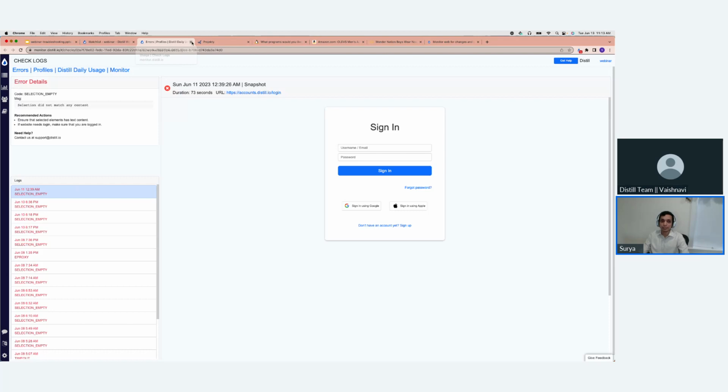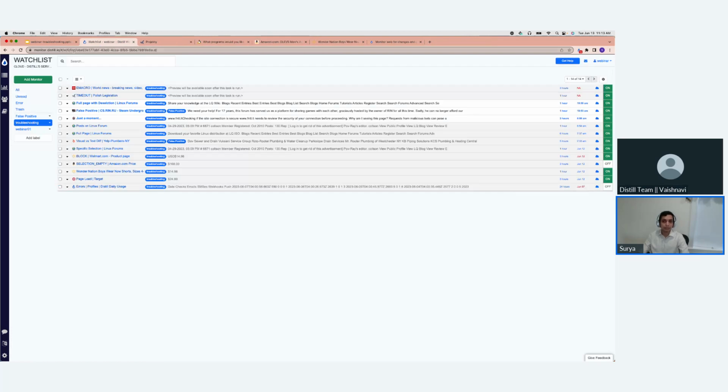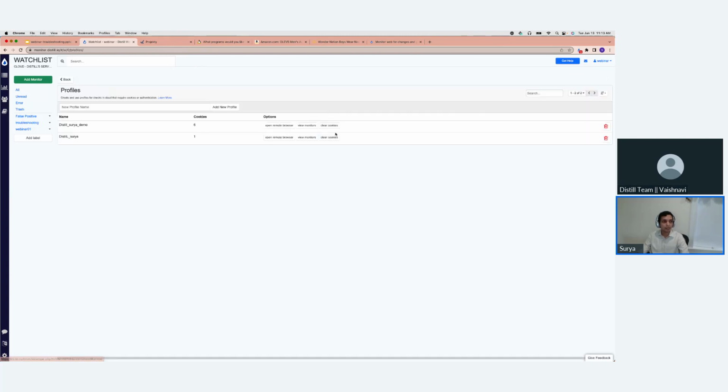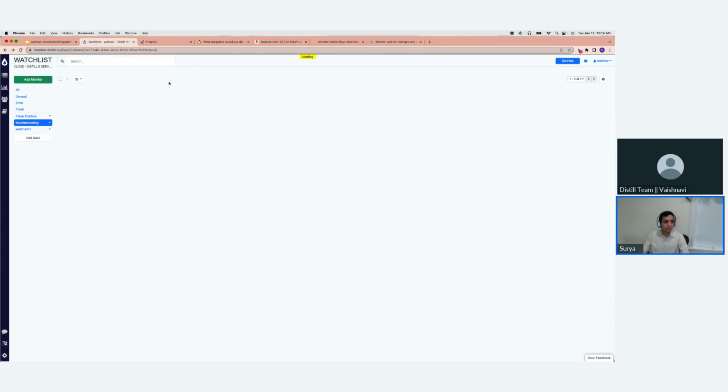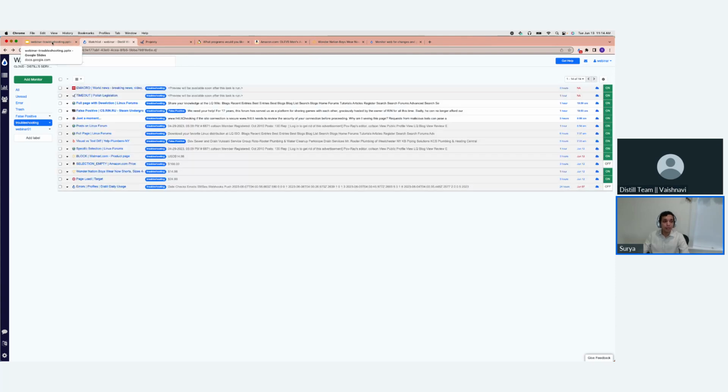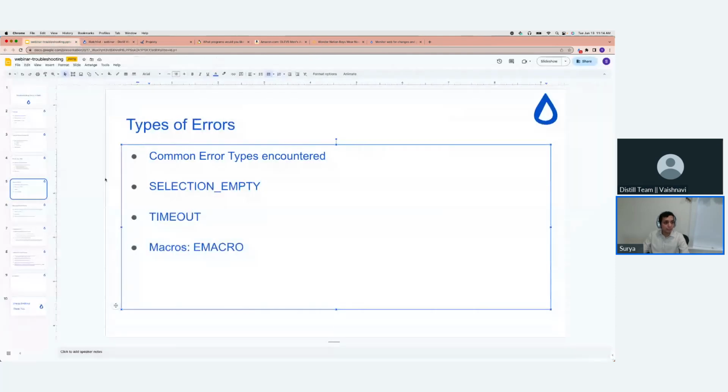How do I fix the profiles issue? It's pretty straightforward. The easiest thing that you can do is go to the profiles section using your hamburger icon. Go to the specific profile, open this profile in the remote browser, and save the cookies again. As simple as that. And as long as it is linked to the monitor, the monitor will run the next time, and you should be good to go. Let me go back to the presentation now, and let's look at a couple of other scenarios